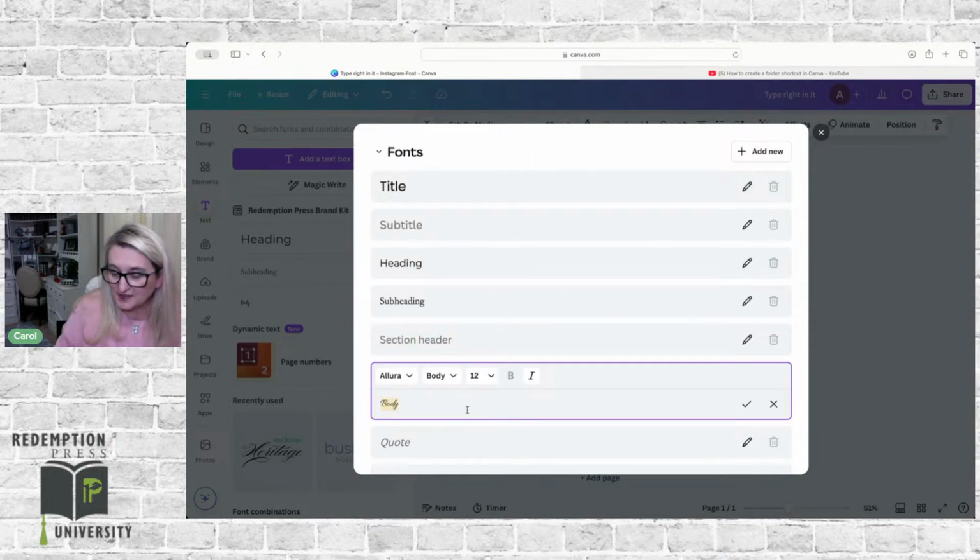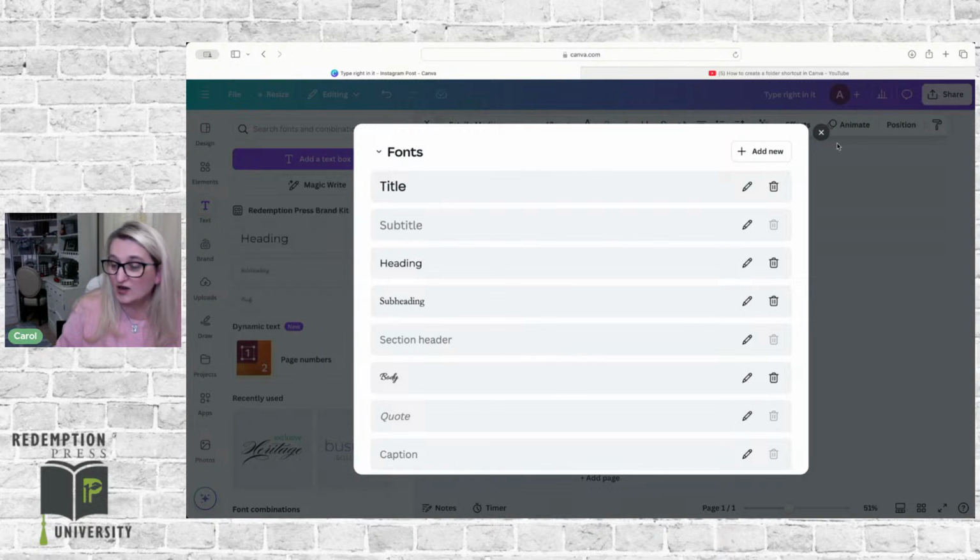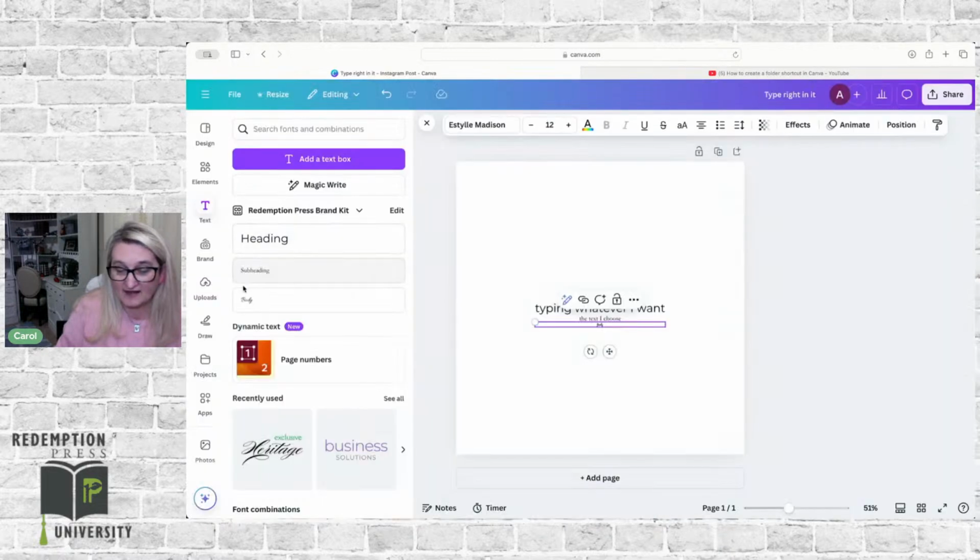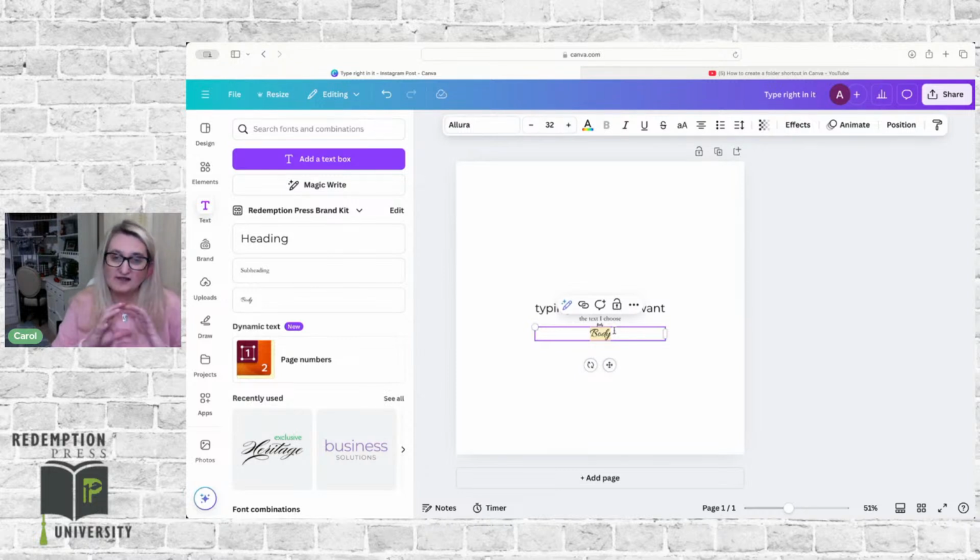And instead of using this font, I am going to choose, let's choose Allura. I like that one a little bit better. I can even choose what size it is to make it a little bit bigger. And then when I click save, it is going to have that font now over here. So now my font is Allura. And then I can obviously make it bigger if I would like as well. So that's how you take the fonts that you like the best, or the fonts that are part of your brand, and place them in the text tab, so that it's really easy for you